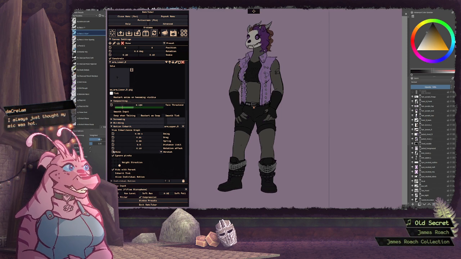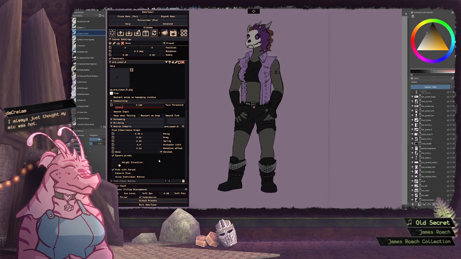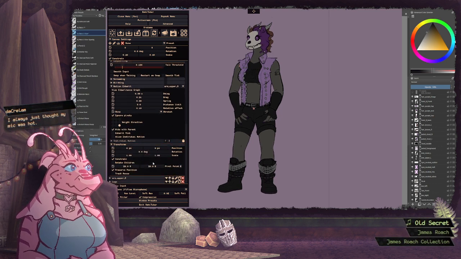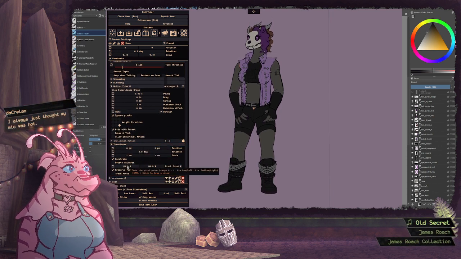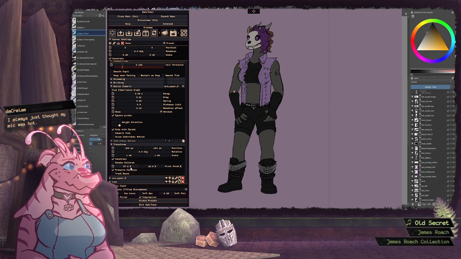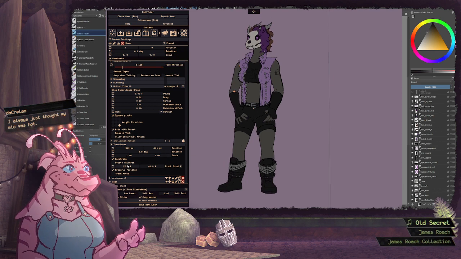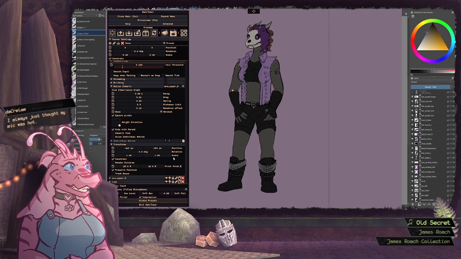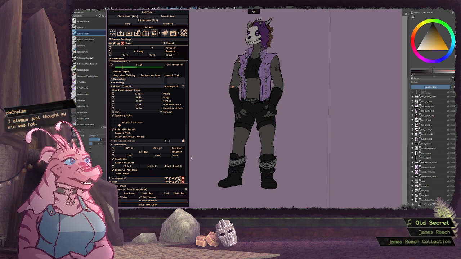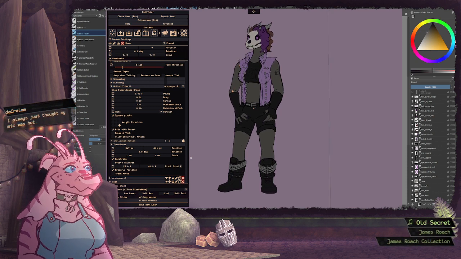Oh, distance limit should be 0. Oh yeah, the pivot's in the wrong place. Let me put the pivot in the right place first. Okay, so that's now moving in a slightly more sensible way.